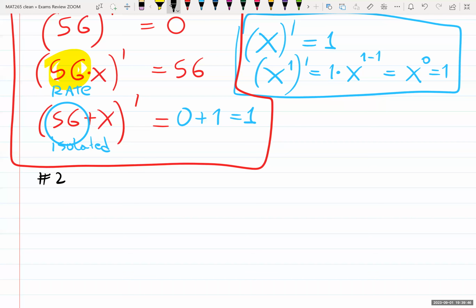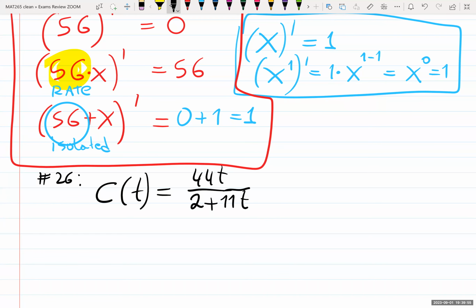Number 26 in the review. Did you figure this out? It's interesting. C of t equals 44t squared plus 11t. This is the easiest example to have, unless you freak out. It asks you what happens